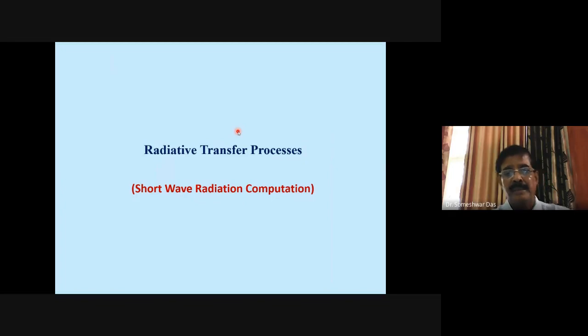So we have covered the basics of the radiative processes, or the radiation theories of the atmosphere. Now we go on to the next topic, which is again an important topic, radiative transfer processes. Also, you have partly covered these things in your first semester physics of the atmosphere, so we'll discuss this once again here. We'll be refreshing for you. First we shall discuss the short wave radiation component, and then we shall go on to the long wave radiation component.